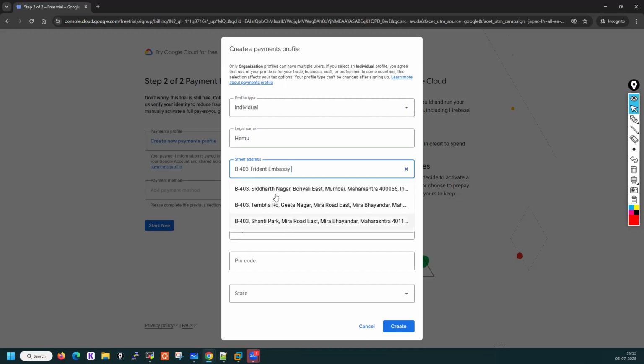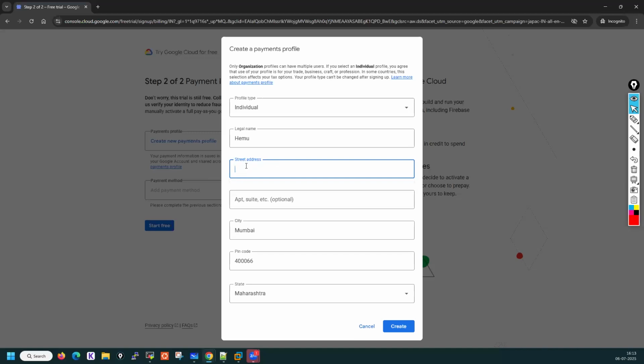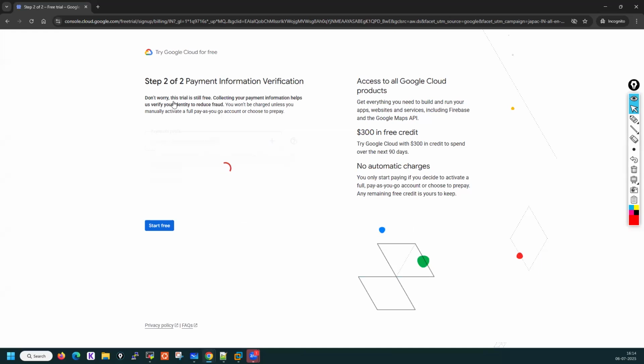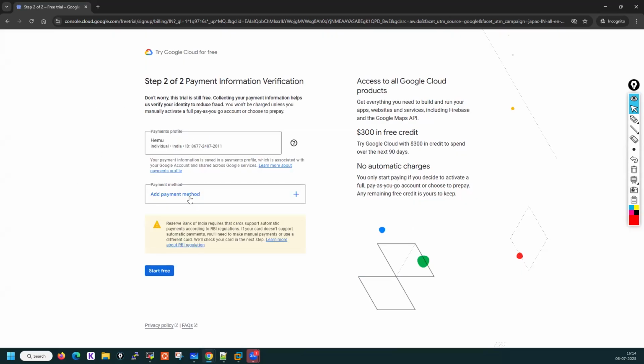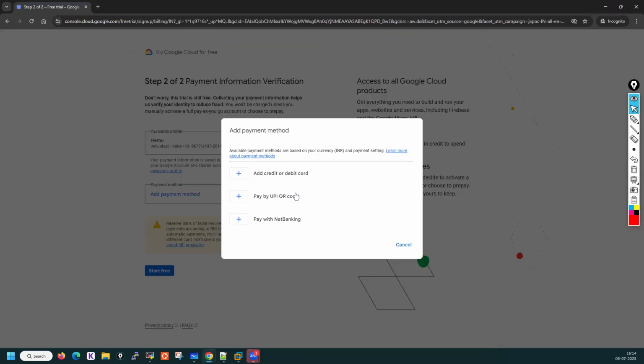or you can select anything because they are already giving those details. So why I should write everything? Now they will ask to add the payment method. Now you can see,